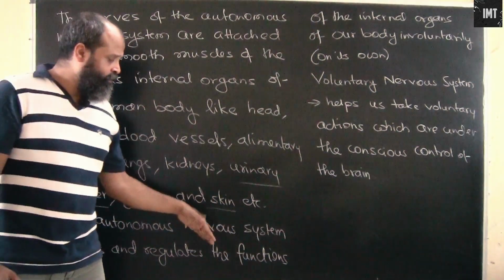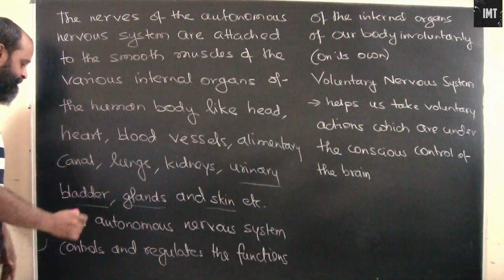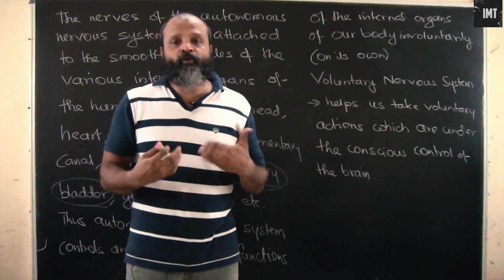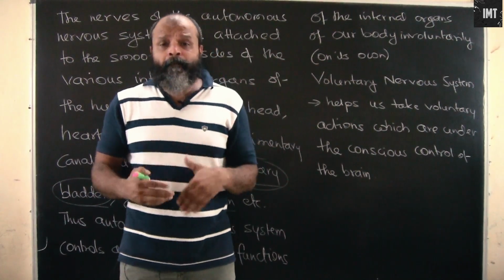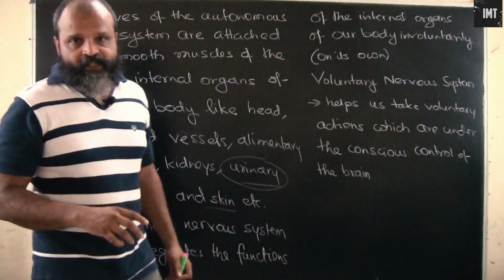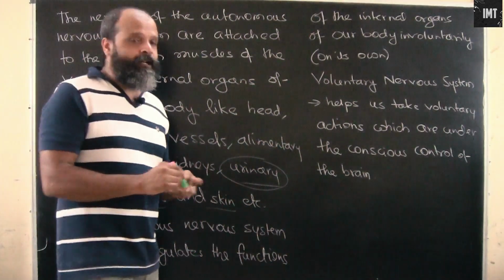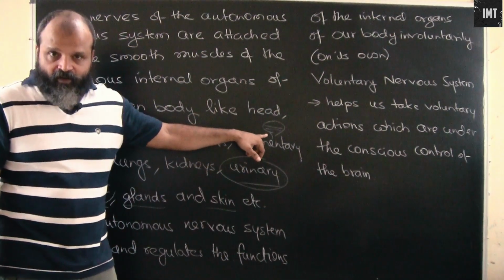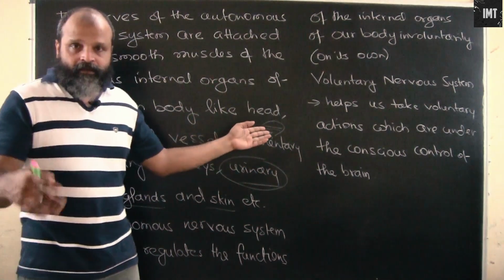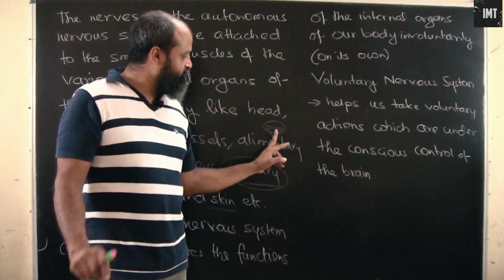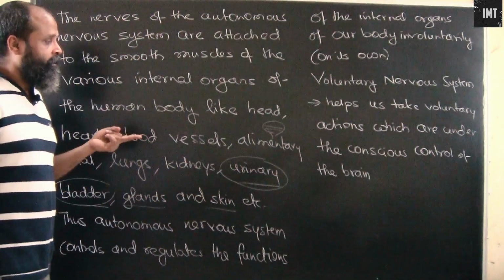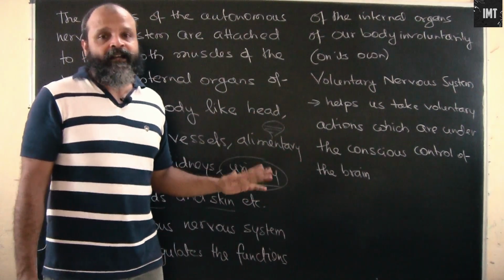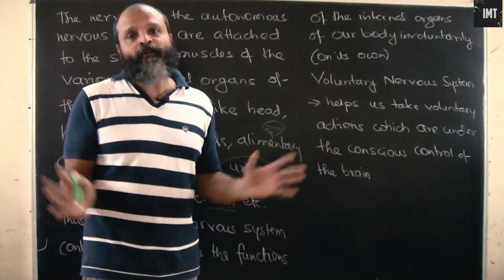Okay, now a question may arise that in certain parts, let's say the urinary bladder, are we able to consciously control the impulse to eject urine? Yes, we can, to an extent. See, when the urinary bladder starts filling up, then we get an impulse to eject it out of our body through our urinary organs. So this can be controlled for a while, not beyond that. If the urinary bladder is filled and we are not urinating, then this will automatically eject out.